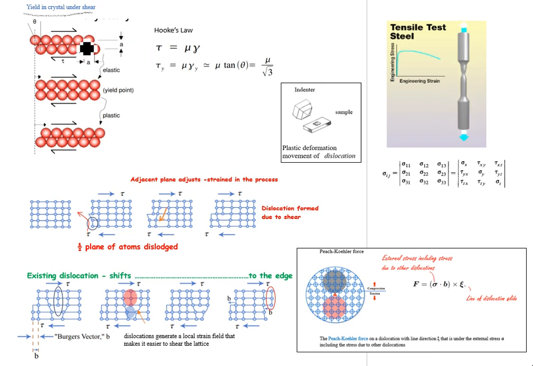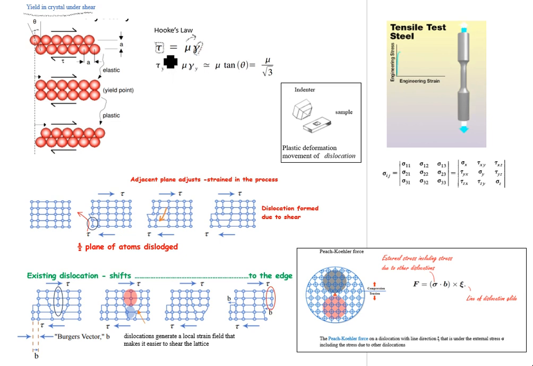in this diagram, where you have a lattice parameter in the vertical and the horizontal directions as A, and you are applying the shear stress tau, and two adjacent crystal planes are arranged at an angle theta with respect to each other. Now, according to Hooke's law, the shear stress applied will be equal to the shear modulus mu